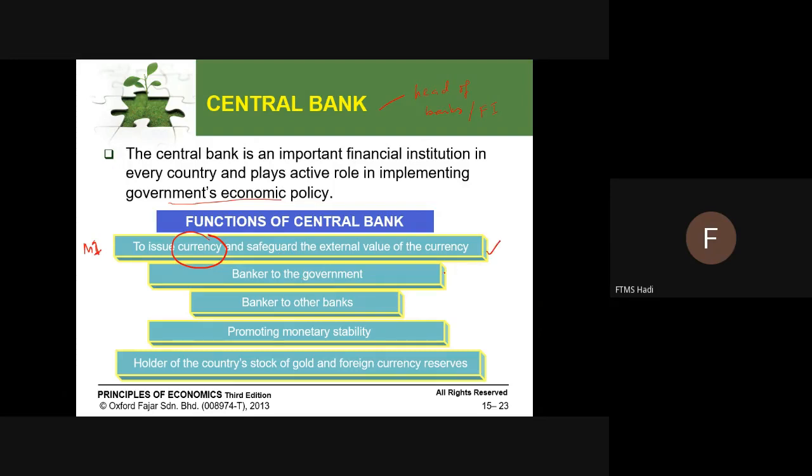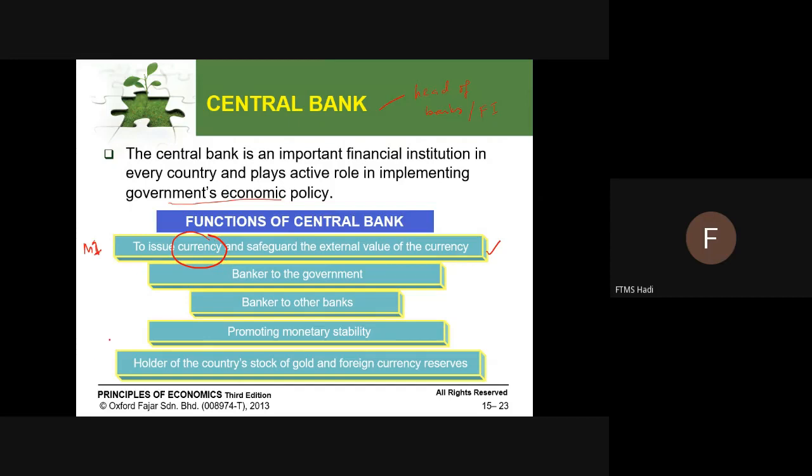If you see, Malaysia suffered a financial crisis in 1997. It was because of a currency problem. One American trader, George Soros, traded ringgit Malaysia quite a lot, purchased ringgit and took it away to his country. That's why the value of the ringgit dropped massively, because there was no control of currency.